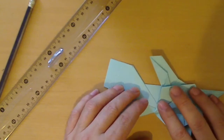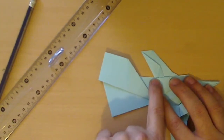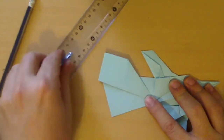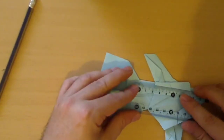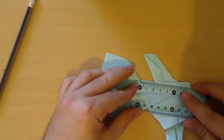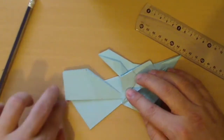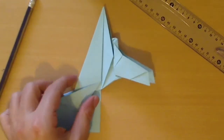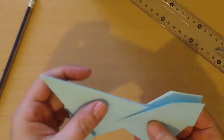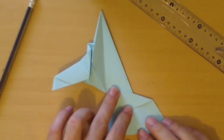Now turn this wing and verify that the distance between the wing and the beginning of the tail should be about 20 millimeters. More or less, this is 21, almost 22. It's okay. Now, with the model in this position,